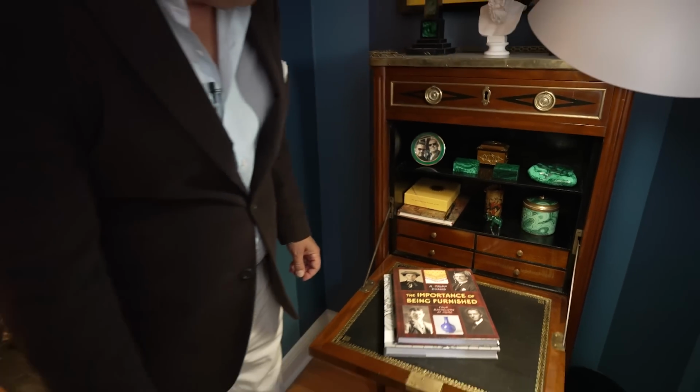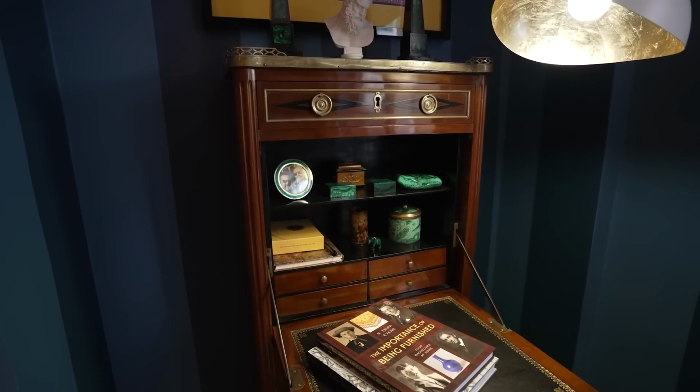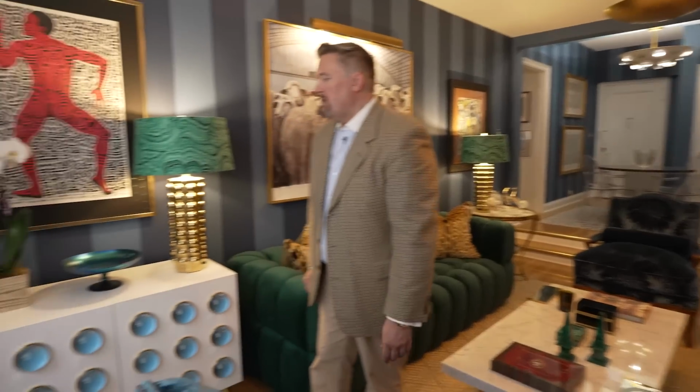And yeah, it's a useful piece. It holds a lot of stationery and files. Again, we're in a small apartment, so we need to find lots of storage space in the furniture. So in terms of